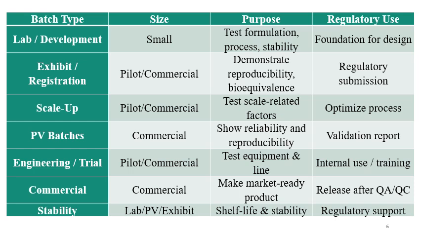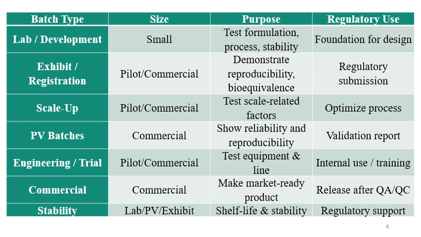Then many of the times, I just wanted to let you know regarding the exhibit batches, scale up batches. Sometimes all three, exhibit batches, scale up batches, and PV batches, have a small scale, like 1 lakh, 1.5 lakhs, or 1 lakh 40,000, depending upon the equipment available with the organization.